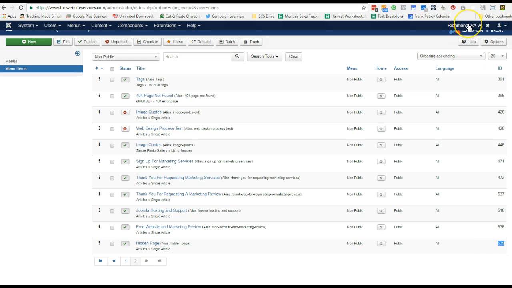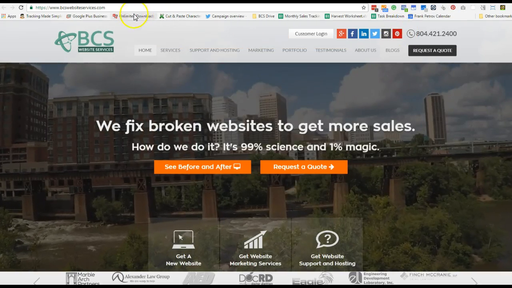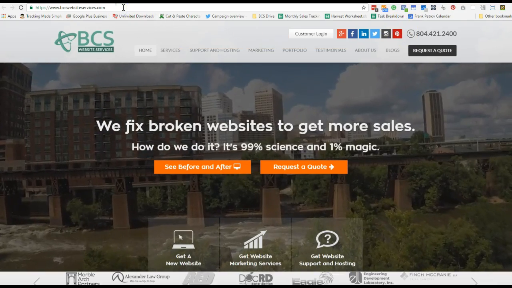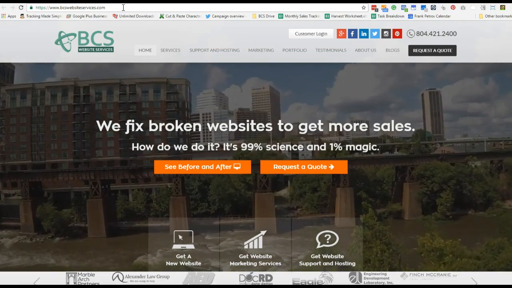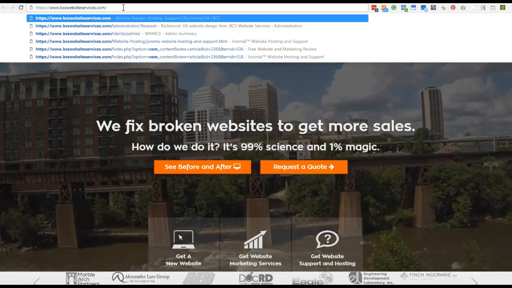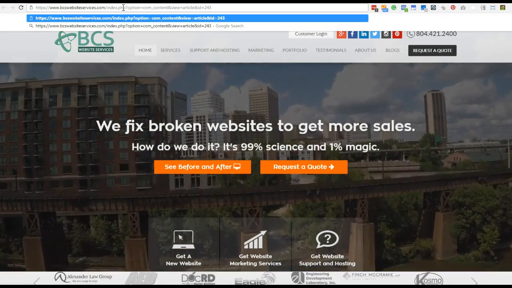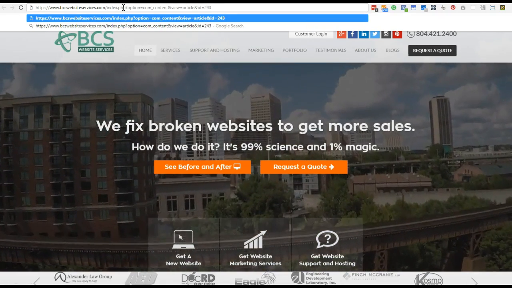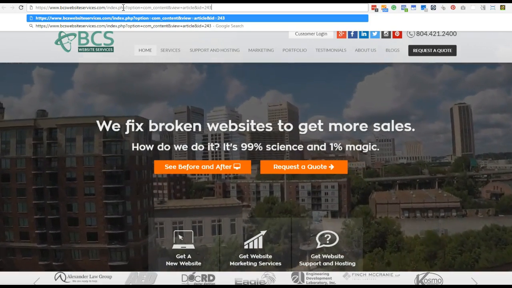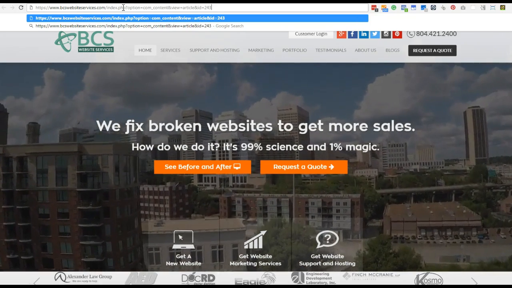I'll click the preview link to open up the front side of our website. So at bcswebsiteservices.com, we're going to add a slash, and I'm just going to Control-V to paste in that information that we copied from the menu item. So we've got id=243.